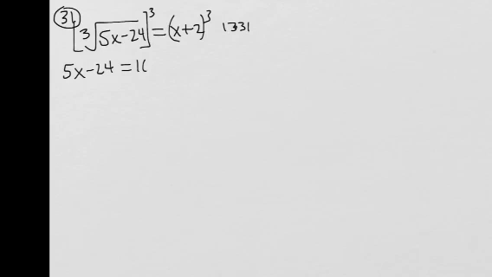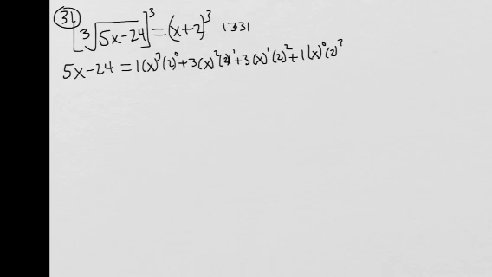So that's 1 x to the third, 2 to the 0, and then 3 x squared, 2 to the first, and then another 3 x to the first, 2 squared, and then 1 x to the 0, 2 to the third. So, let's clean that up a little bit. That gives me that 2 to the 0 is 1,